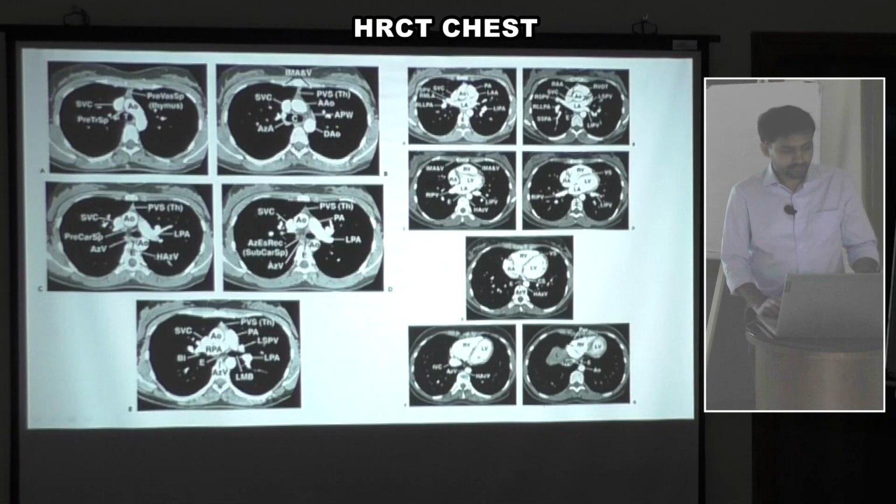Apart from the regular core part, we always look at the side wall, like the anterior chest wall, bones, and these things also we have to see. So in the prevascular space, this is the remnant thymus. This is the normal aorta, and basic structures: this is the right ventricle, left atrium, right atrium, and this is the descending aorta, basic side. And while going down,